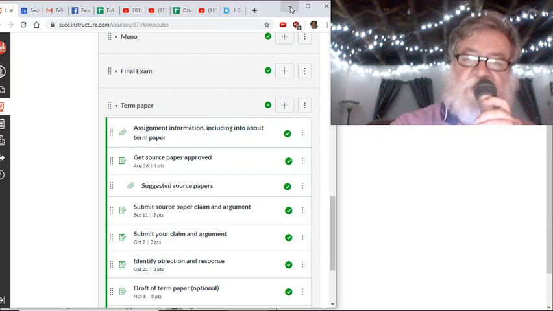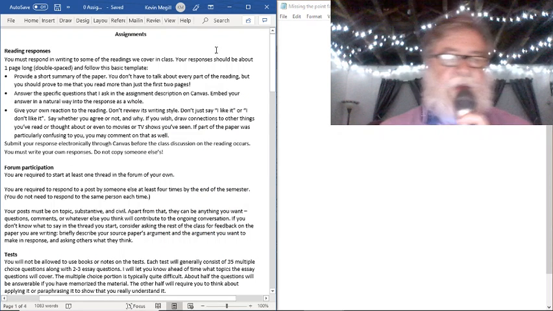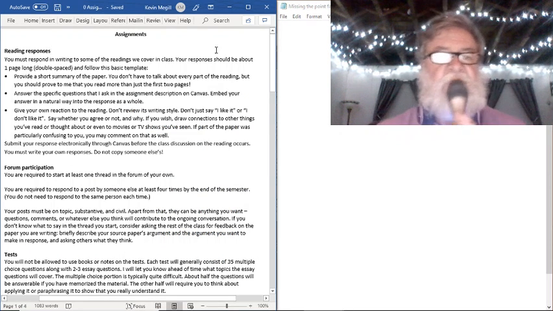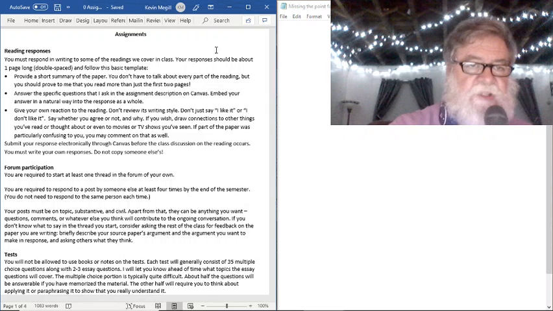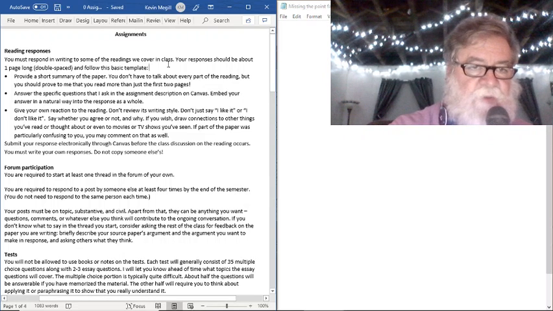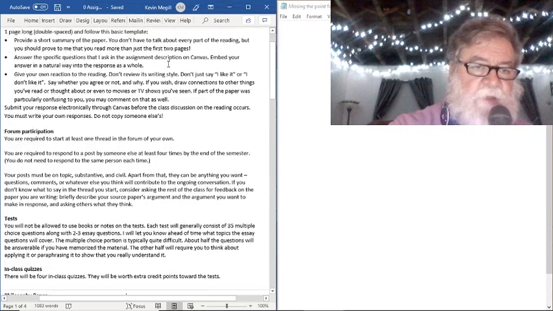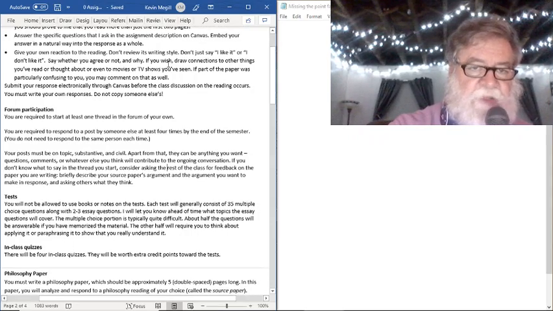I opened it, or if you click on it, you can open it up, download it, or just look at it without downloading it. I have it hidden just behind here. Let me walk through the paper. First of all, let me point out what else is here. There's something about the reading responses that confirms what I said before. There's something about the forum participation, which I will say a little bit more about.